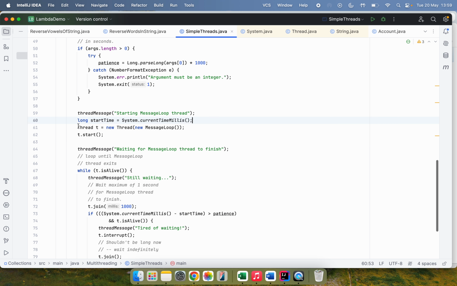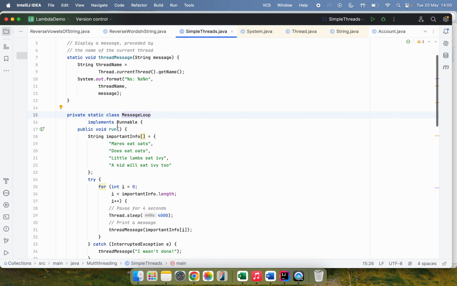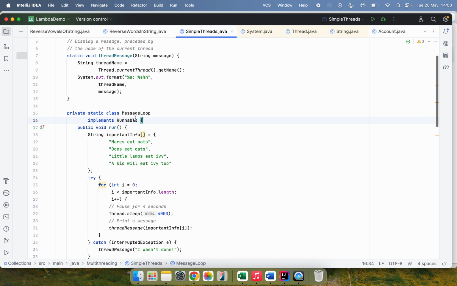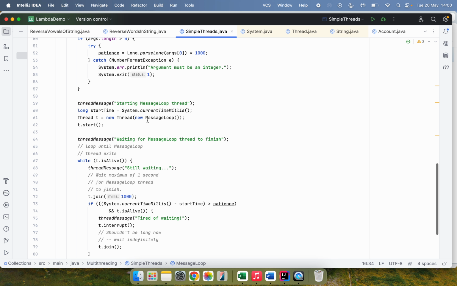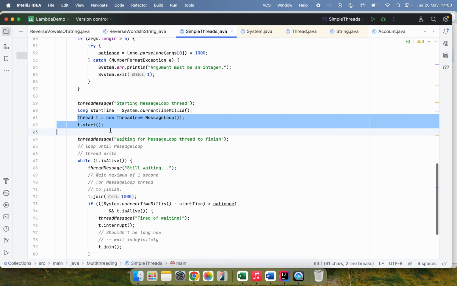And then finally we have the thread object, and we pass the object of the MessageLoop class, which you see here, which we use to implement the Runnable interface. So we pass this MessageLoop object to the Thread constructor,